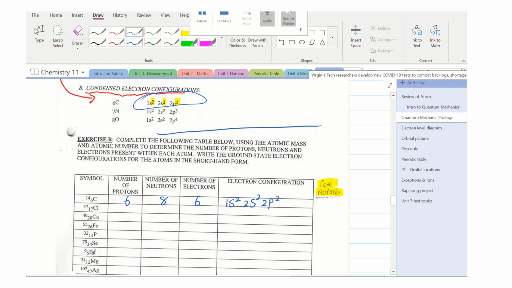2p2. So for the chord notation, it's a short way of writing electron configuration. And for chord notation, it's by using the noble gas. We're going to put the noble gas as the chord, and then all the valence electrons right outside of the noble gas. So how you're going to do this one is, for example, for carbon,